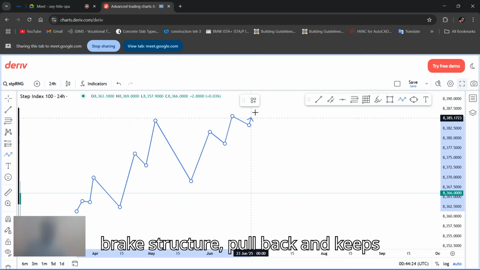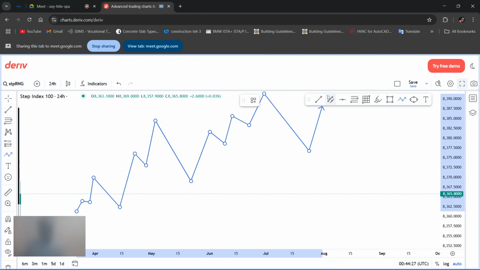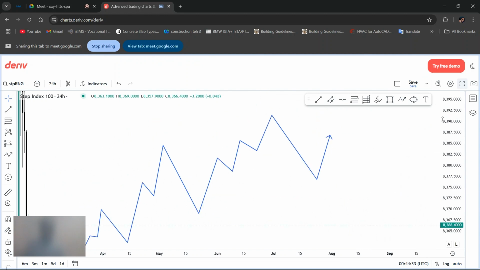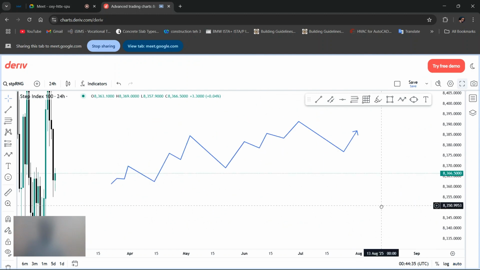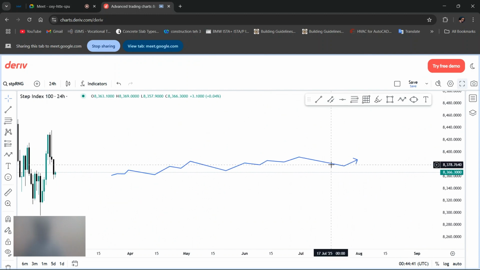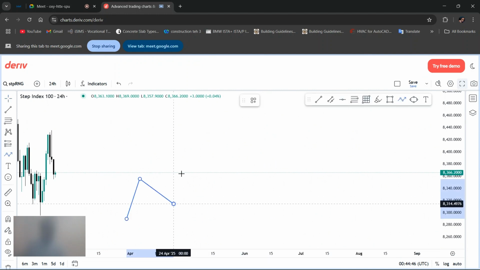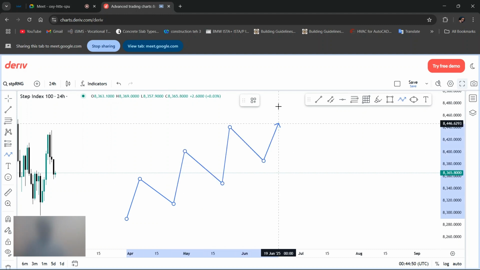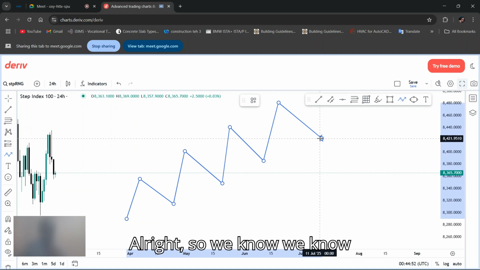Break structure, pull back, and keeps going up. All right, so we know